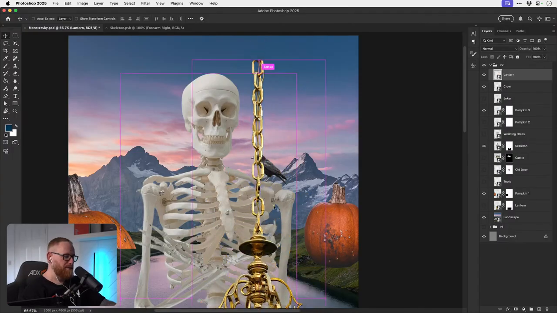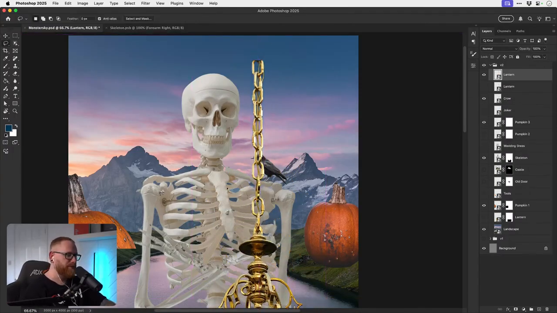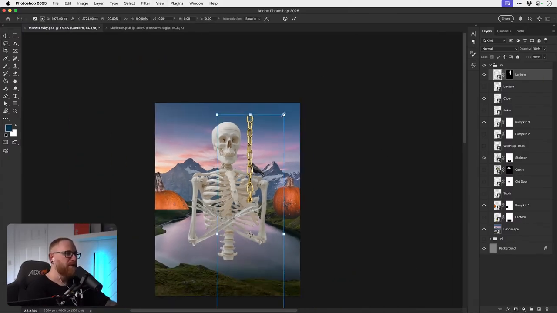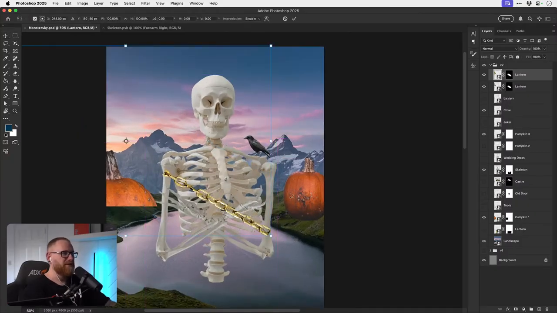I want that chain. Let's try grabbing the chain. See if we can do something with that. I could have him chained up. Lots of chains going around them. Then we could warp the chains so they're kind of bending around the body. Maybe we could have loads of chains.